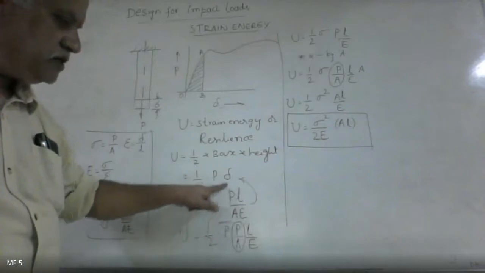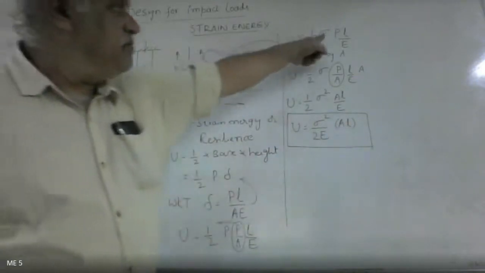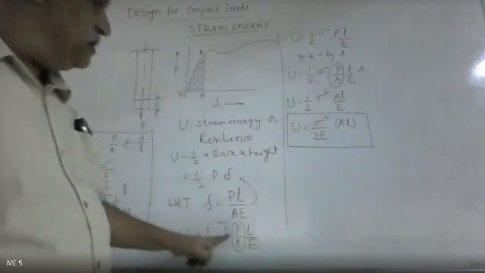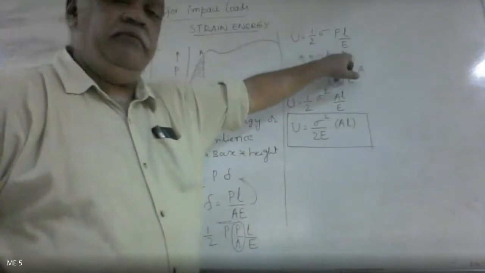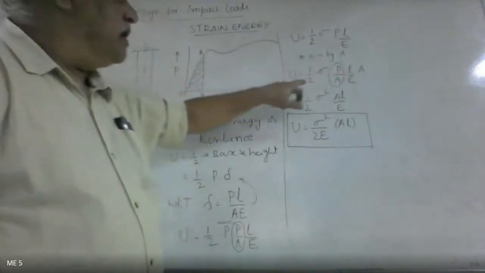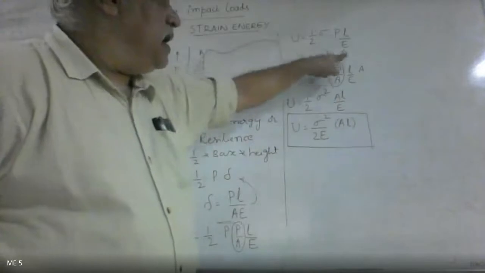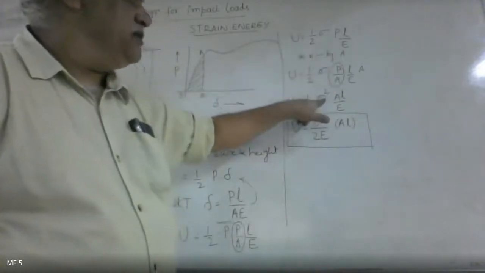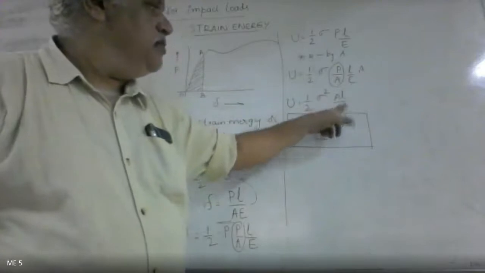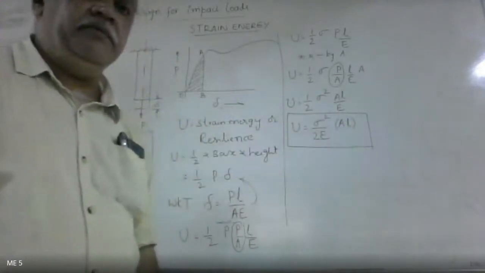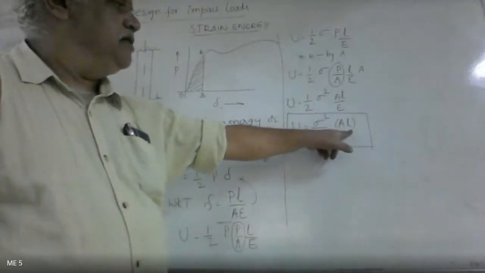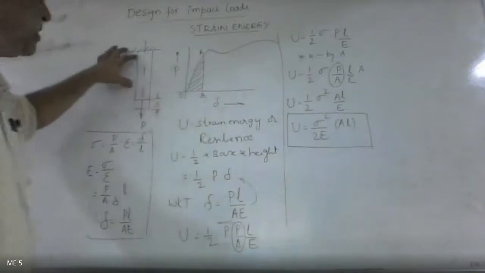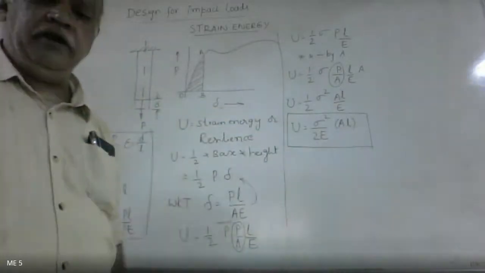Okay, but what I have used is this P by A, I have replaced it by sigma, stress. And there is one P that is left out as it is over there. Now I multiply and divide by A because it does not change the value. So when I do that, I have one P there, I divide by A, that will give me one more sigma, and I have this A there, that will give you A into L. Got the clarity? Yes, sir. And here A into L represents volume of the member. Volume of the bar. Is that okay? Are you there? Yes, sir.